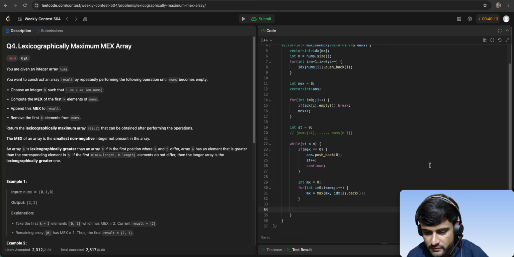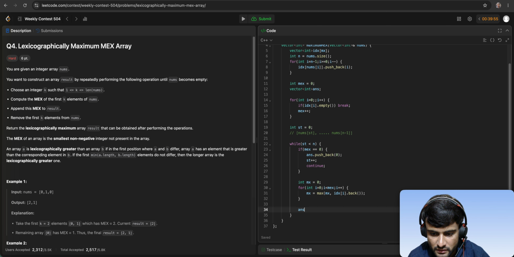Once we get this, we will have to remove the prefix of this segment up to index MX,